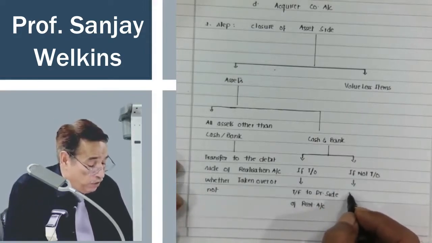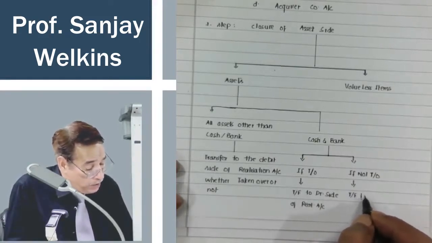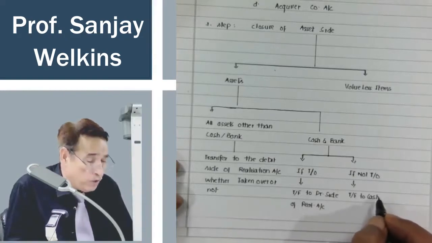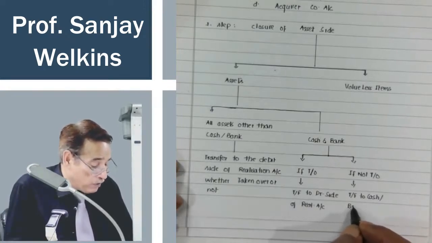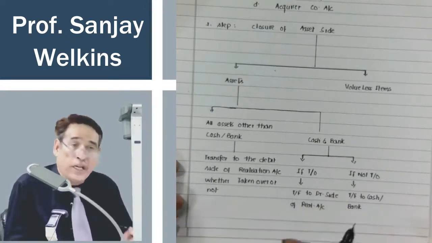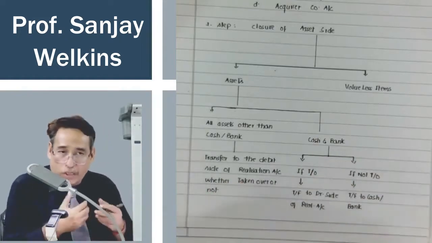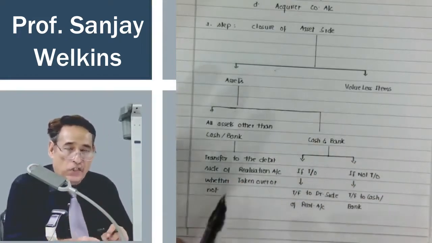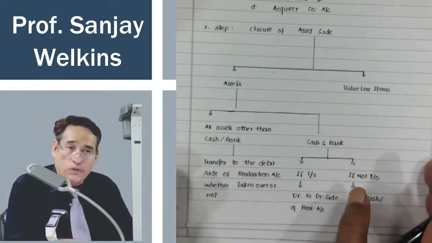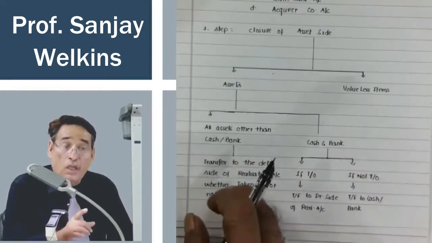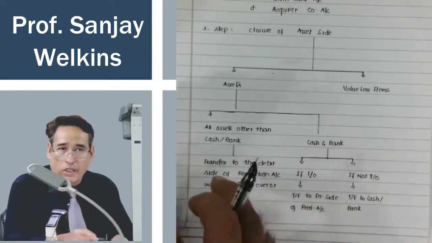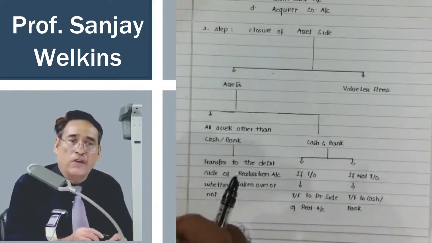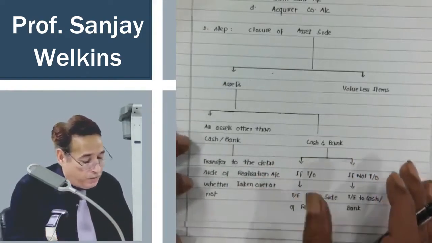Rather, in that case, you will transfer it as transfer to cash bank account. So in the cash bank account, you simply write to opening balance brought down to cash bank account. So we have to exercise caution only with respect to cash and bank. Besides cash and bank, whatever other assets are there, whether tangible or intangible, all those assets will be transferred to the debit side of realization account, whether taken over by the purchasing company or not. Without bothering about that fact, you are going to transfer all such assets to the debit side of realization account. That is important to keep in mind.